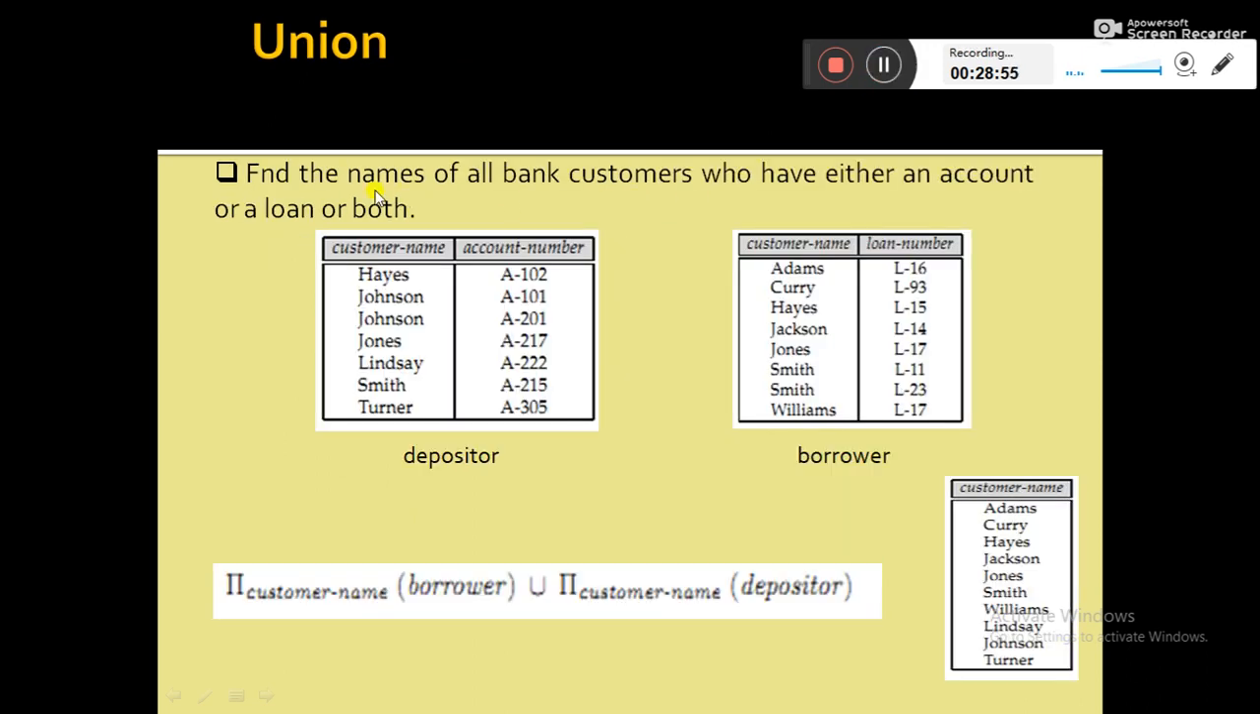And this is an example of the union operation. Suppose we need to find the names of all bank customers who have either an account or a loan or both. That means we need to display all the customers who have either an account or a loan or both. So first you have to decide from which relation you have to execute the query. We have the customer relation, which we already saw in our previous slide. But from the customer relation you cannot fetch the desired result,